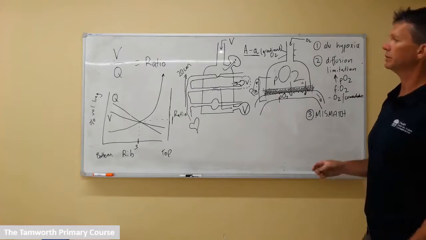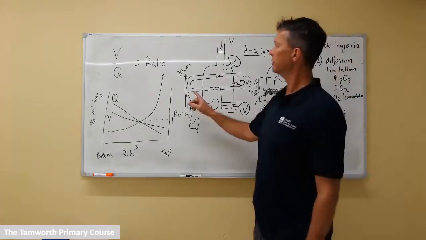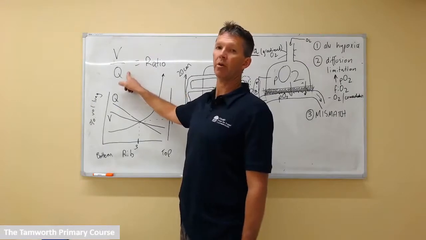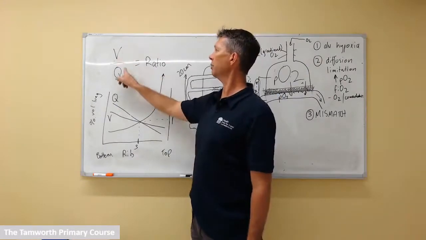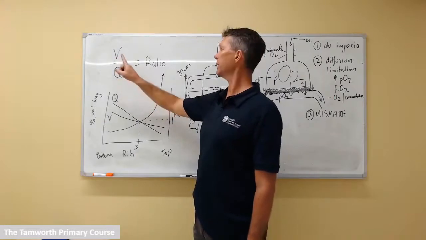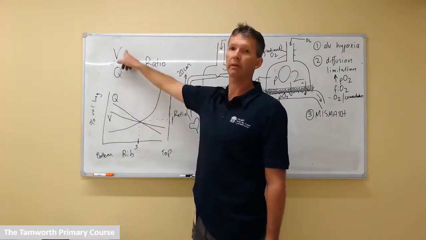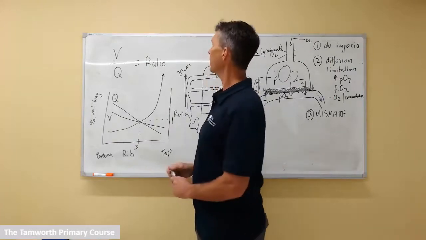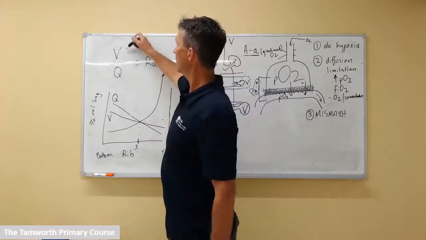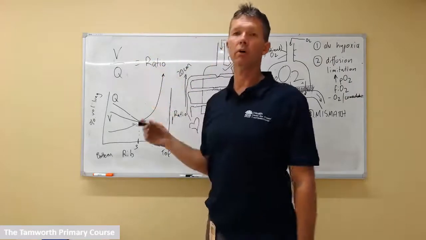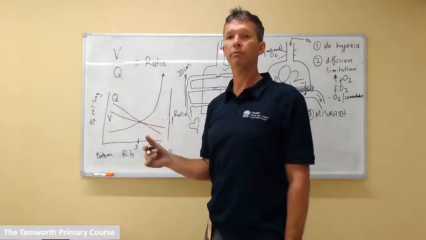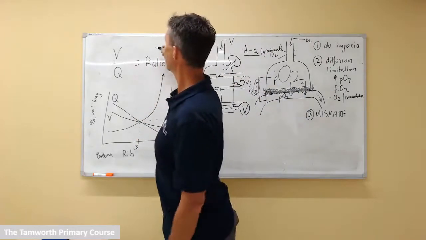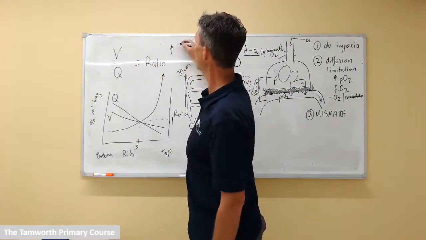So mismatch describes the VQ ratio and areas that are either ventilated but not perfused, and areas that are perfused but not ventilated. And we know of pathologies that cause that. What we end up with is a situation of ventilation but no perfusion, pathologically called PE, resulting in a very high VQ,